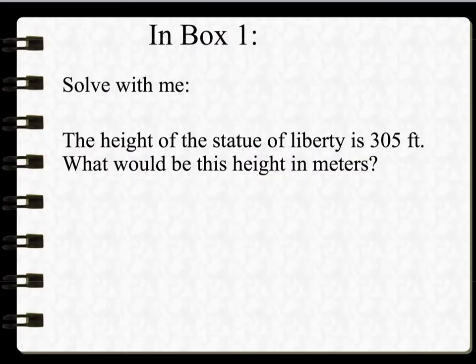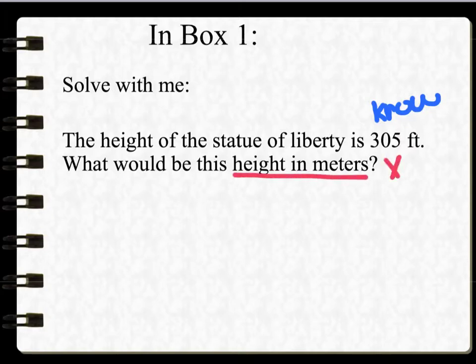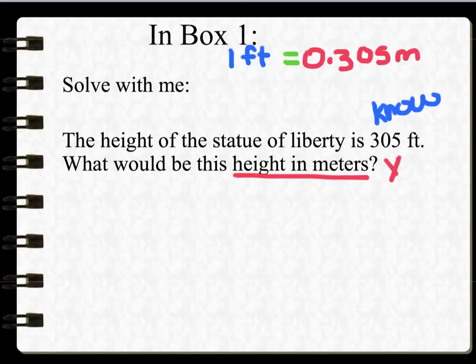So let's get started with problem number 1. I'd like you to write things down in your box as I write them in the video. We're going to be solving this together. The height of the Statue of Liberty is 305 feet. What would this height be in meters? First we have to decide what we know and what we want to know. We know the height of the Statue of Liberty in feet, and we want to find the height in meters. Our second step is to use the FCAT reference sheet, and that tells us that 1 foot is equal to